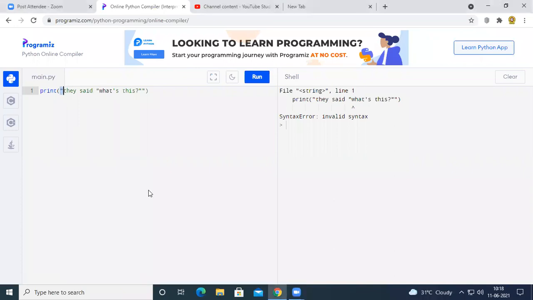It is the starting point of the string. The starting double quotes will be the starting point of the string, and the ending double quotes will be the end point of the string. So here it will treat up to this one as a string, and it will not read this one inside the string. Because of that, we are getting an invalid syntax at W, because we had given that what is this